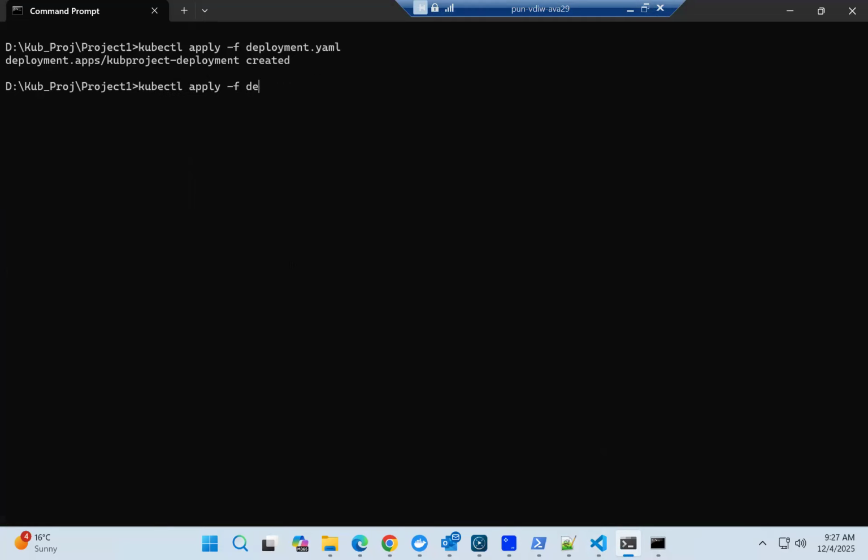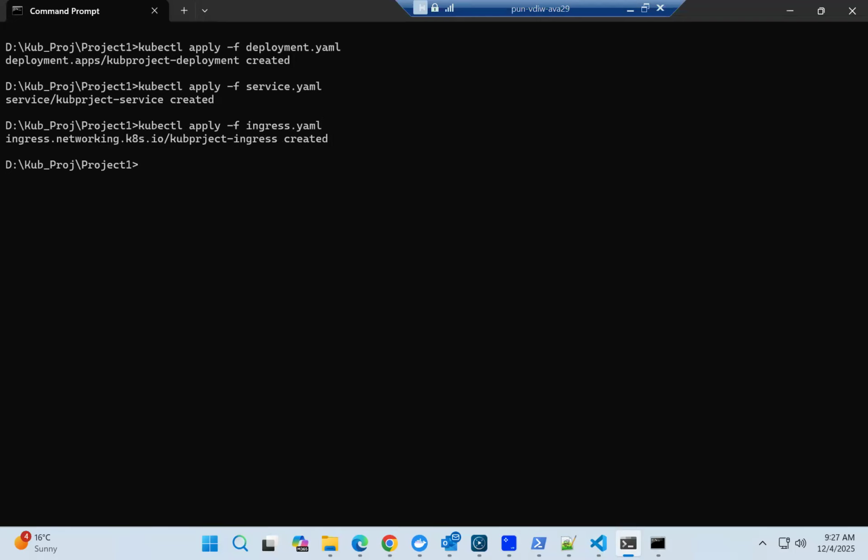Then we'll do the same with service.yaml, and the same we have to do with the ingress. Okay, that's all. By default, if you see kubectl get ingress